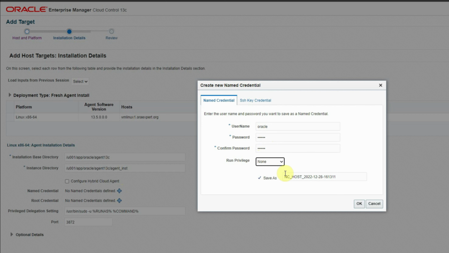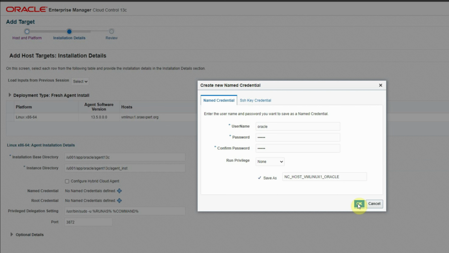And here, because the Oracle user itself is the owner of the agent software, so we have to keep it as none. And if you want, you can keep that credential saved as a named credential for future use. So what we can do here to give it a more meaningful name, we'll put like mc_host_vm linux1_oracle,